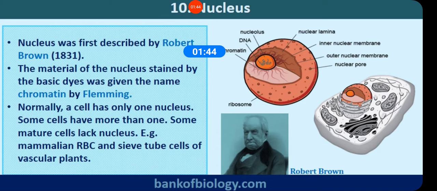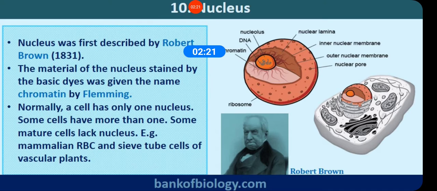It has a nuclear membrane, outer membrane, inner membrane. It has a very important point: they have nuclear pores. The nucleus has a nuclear pore. So we have done the chapter cell division. In the interphase nucleus, when the cell is not dividing, it has highly extended and elaborate nucleoprotein fibers, which is called chromatin. Then it has a nuclear matrix, and it has a spherical body called a nucleolus.